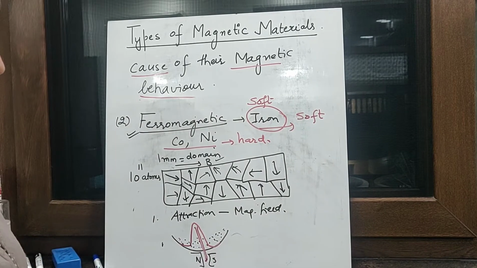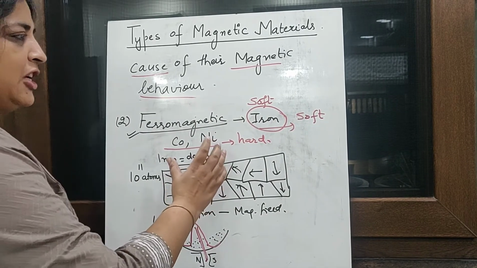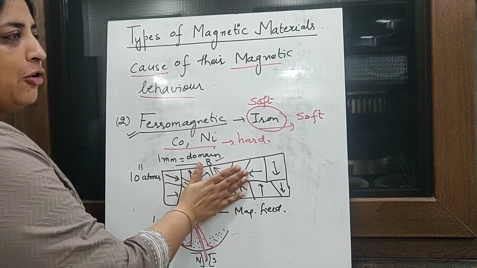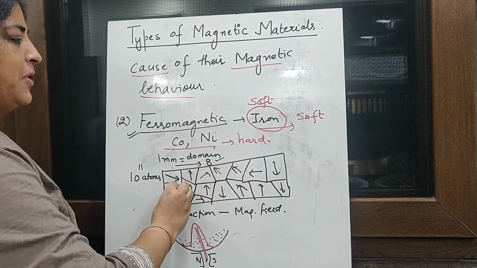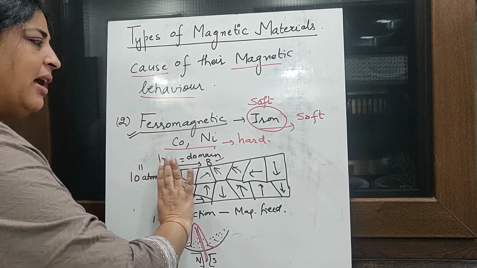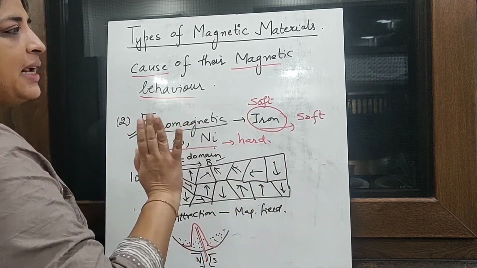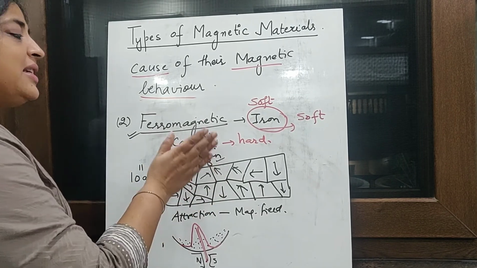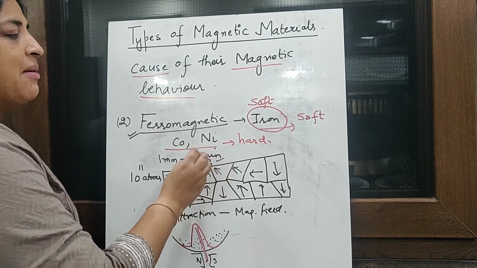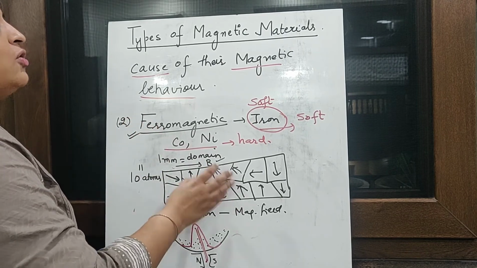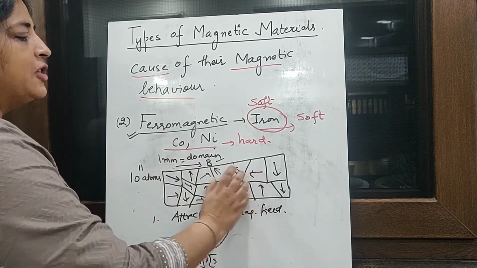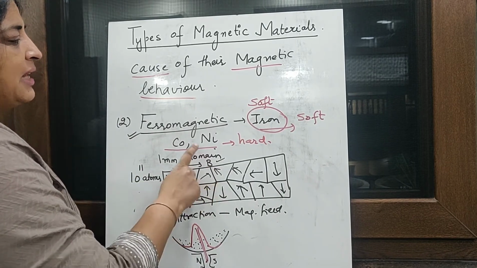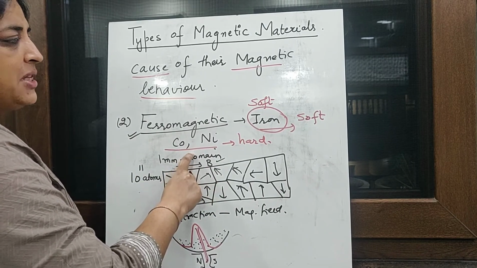Now the reason is that initially, suppose you have cobalt or nickel, this is a bar of cobalt or nickel, let us say, and you have kept it inside the magnetic field and some magnetism has developed inside it. Now after the removal of the magnetic field, this bar will still retain some magnetism, right? So the magnetism is not completely destroyed after the removal of the magnetic field. So these types of materials are known as hard ferromagnetic materials.